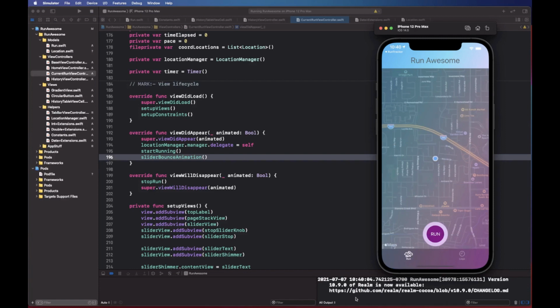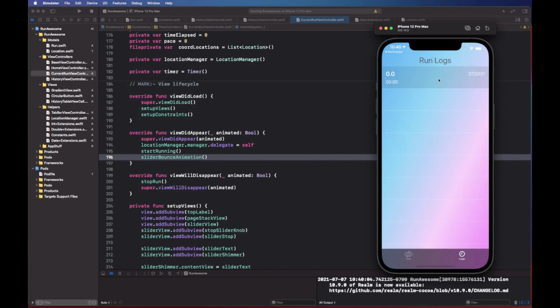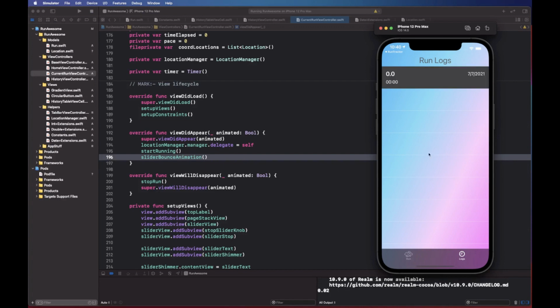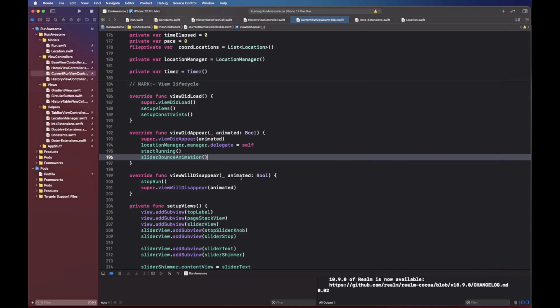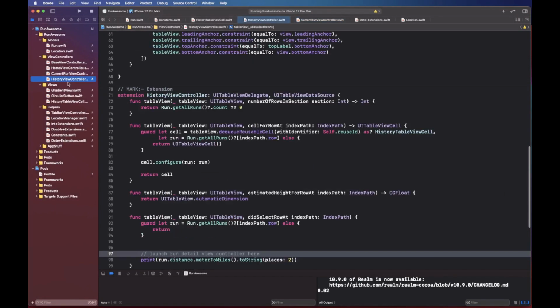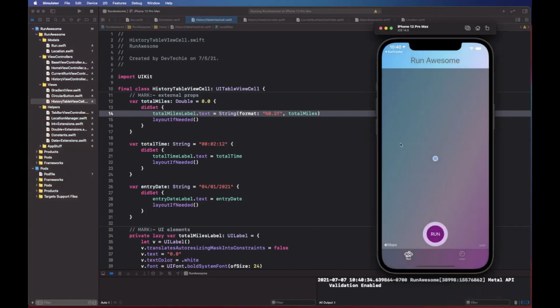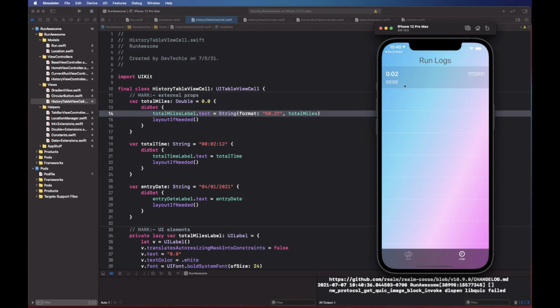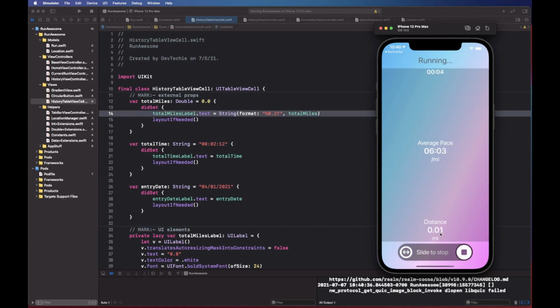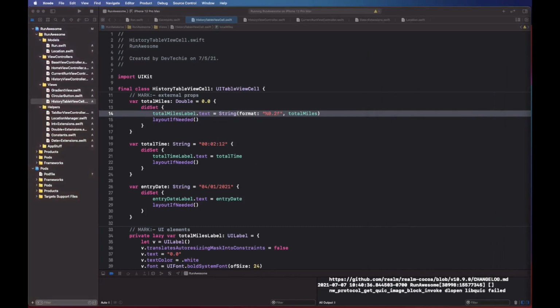Okay, and realm is created, and it has created a log, and we cannot do anything with the selection right now. And as you can see, it's 0.02 is what we are getting. So let me go inside our history table view cell, and instead of 01 we want to say 0.2f, so show two decimals. So in the log 0.02. There you go, that's better. So what I'm going to do is let this run for a bit, and then we're gonna save this value. Okay, so till that time what we can do is go and work on